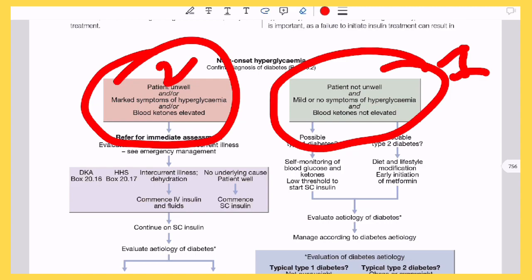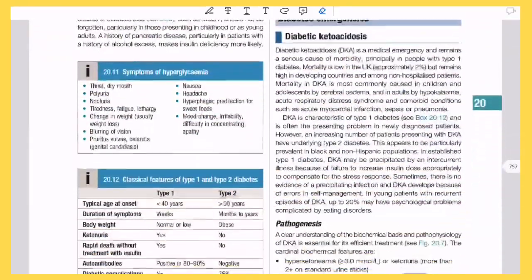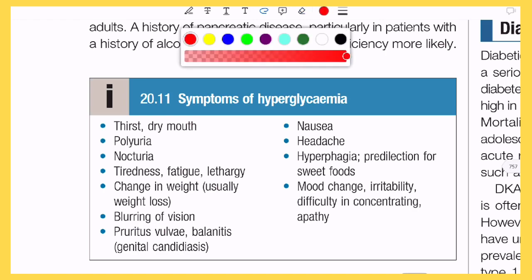Now again I am going to look at what the signs and symptoms of hyperglycemia are. Everybody of us knows them. The cardinal symptoms of hyperglycemia are polyuria, nocturia, then polydipsia, then tiredness, fatigue, lethargy, changes in weight, blurring of vision, pruritus, itching at multiple sites of the body